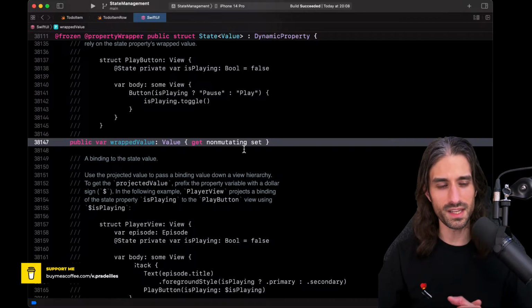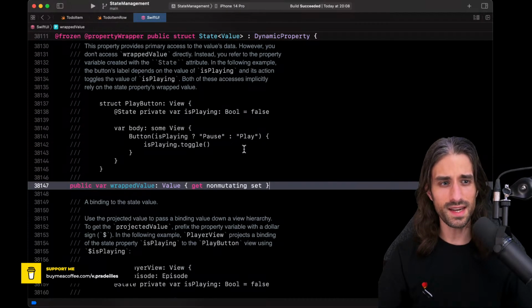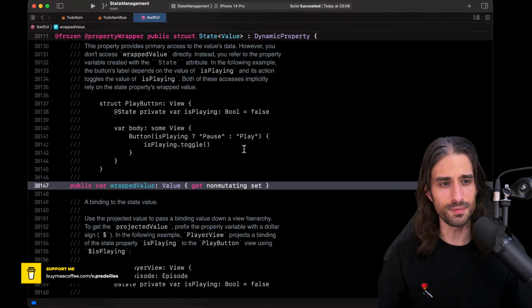It feels weird because by definition, a setter is supposed to be mutating. And the way to explain it is that you can see @State as a box that contains a value. When you set a new value in that box, the value inside the box changes, but the box itself doesn't change. This is what this non-mutating set reflects.